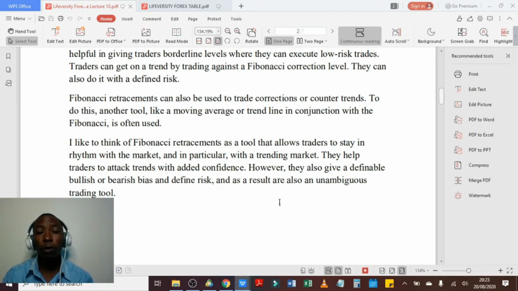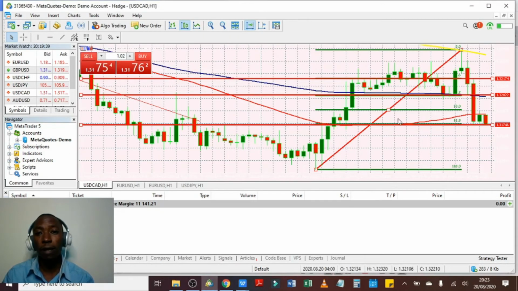As you saw, we were comparing the moving average and the Fibonacci, and as we saw, the levels were matching. Where there was a Fibonacci level, the moving average could also coincide. For instance, at the 0.0% level, you can see the 200-hour moving average hits at that point, and at the 38.2 level, you can see the 100-hour moving average is also at that point. So you can trade using the moving average and the Fibonacci to give you a clear picture of what to do.